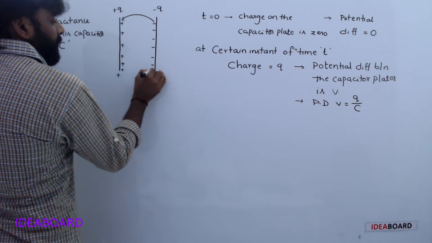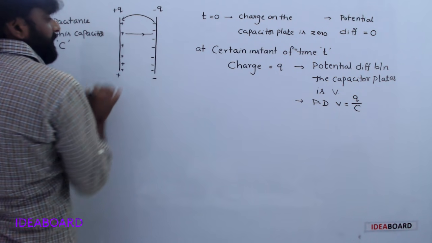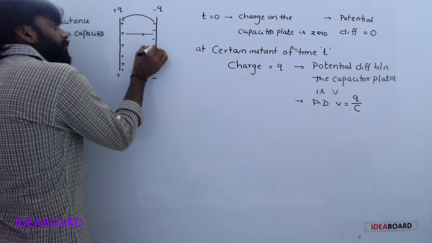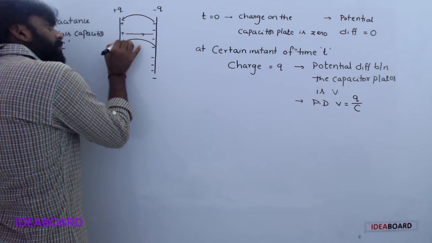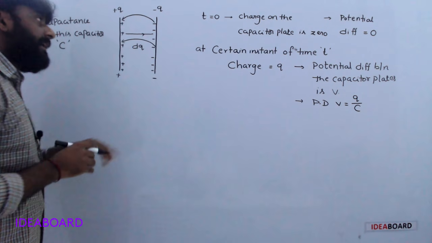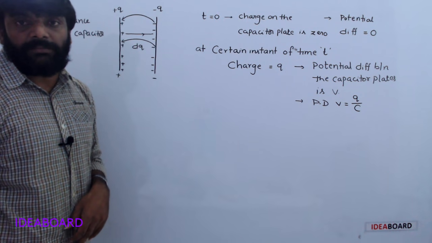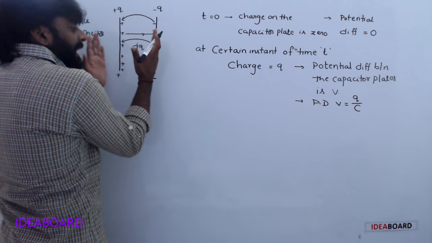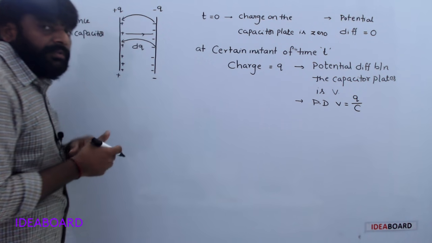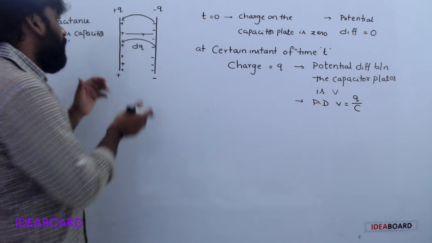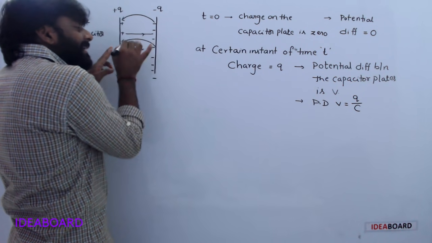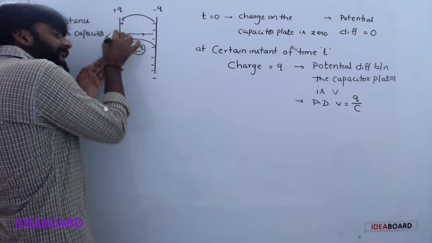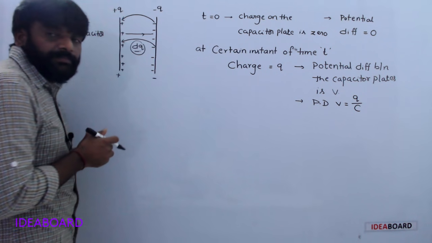Here the charge on this plate is positive and on this one negative. The electric field direction is this one. Now, to move dq of charge, some external work is required. Because initially there is no charge, no work was needed initially. But right now, to move this dq charge, work done is required. Why? Because it is also positive charge, and some charge already lies on this plate. The charge opposes this one.